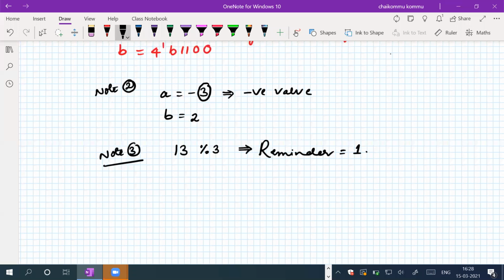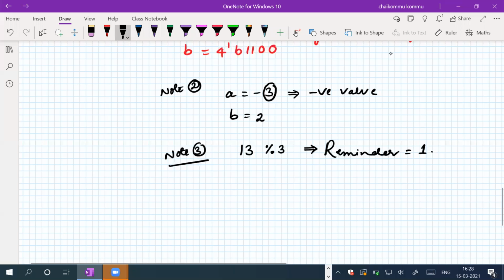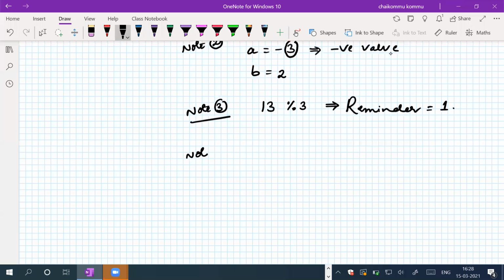So the next one is logical operation. Of course, note number 4 also we'll consider. For example, something like this: -10 divided by 5. What is the value of this one? Actually, previously we thought that it's a remainder, but it's not a remainder, it's a quotient value. So what is the value of this one? 2 will be the answer. But actually, the negative sign is represented for the first one. Therefore, the first value's sign is assigned to this one.